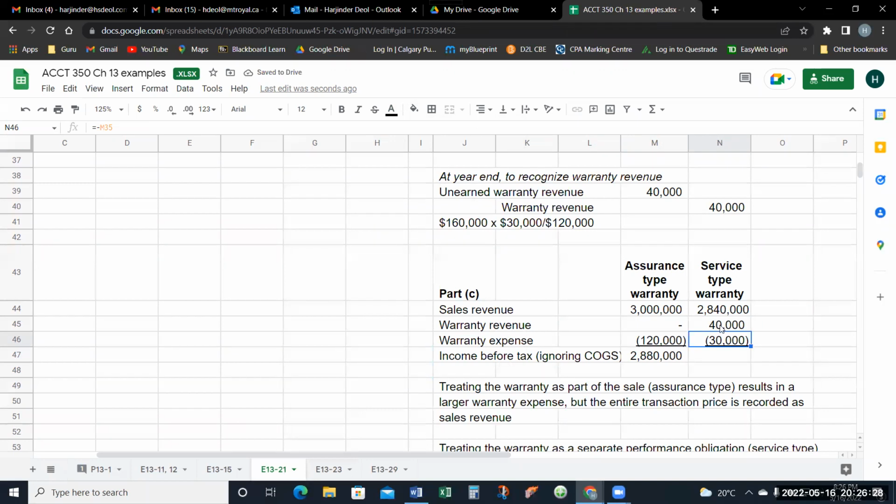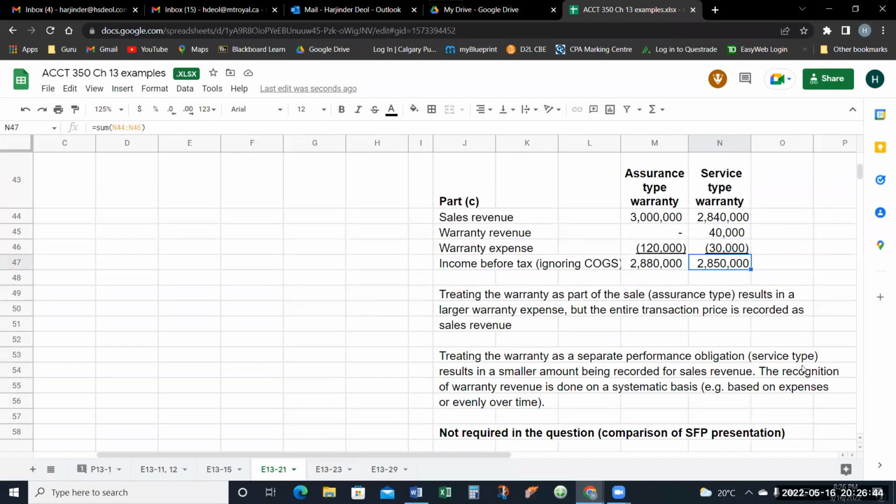So if I put these together, 2,840,000, add 40,000 minus 30,000 for the expense, the total impact on income is $2,850,000. Now the two numbers are certainly not the same. So what's the explanation? Well, under the assurance type warranty, when we treat the warranty as part of the sale, we end up with a larger warranty expense, but the entire transaction price of $3 million got recorded as sales